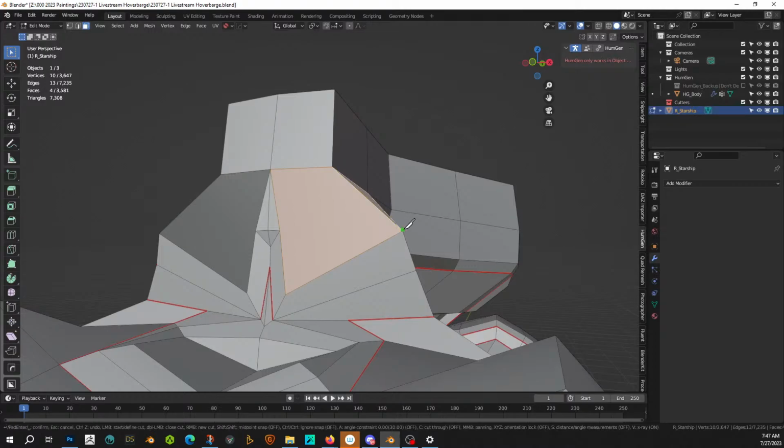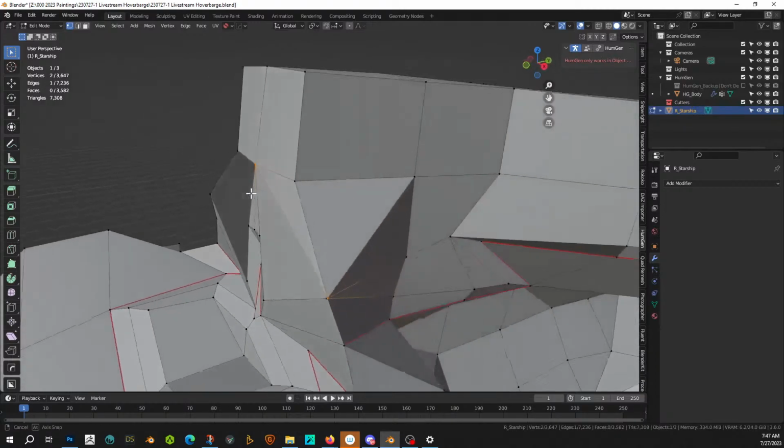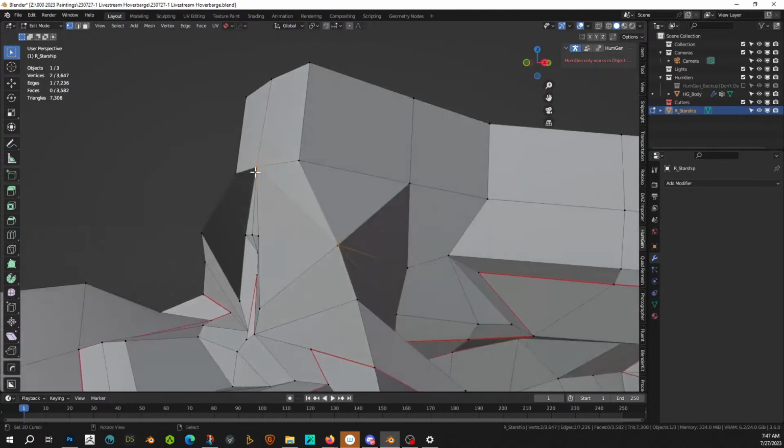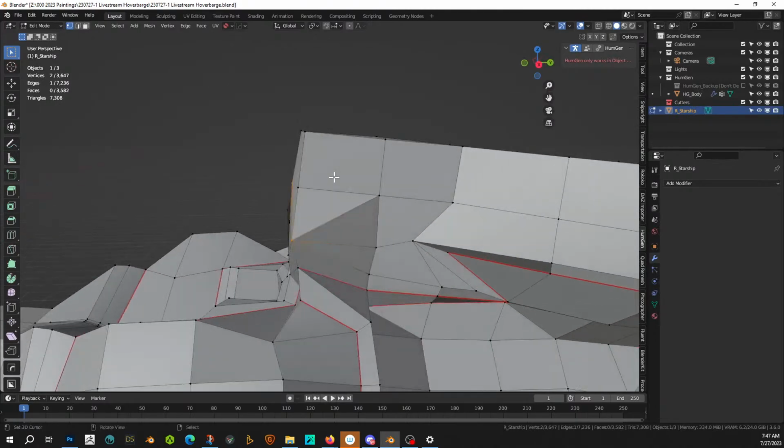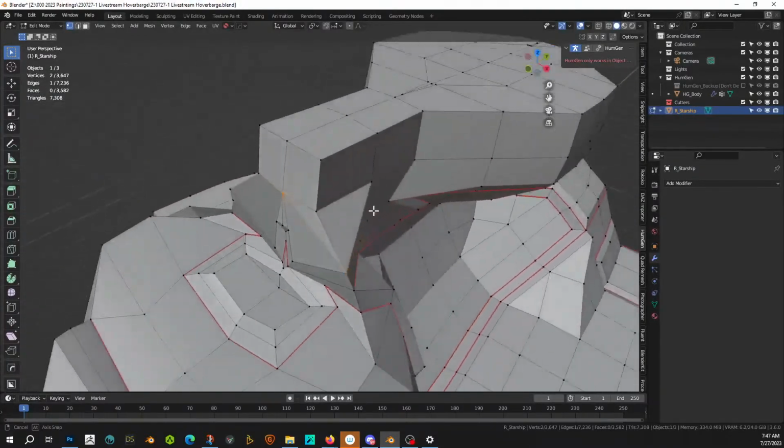And a line from here to here. Okay. Here to there. So we're just fixing some n-gons. Not a bad idea. I may cover this entire area up anyway, but